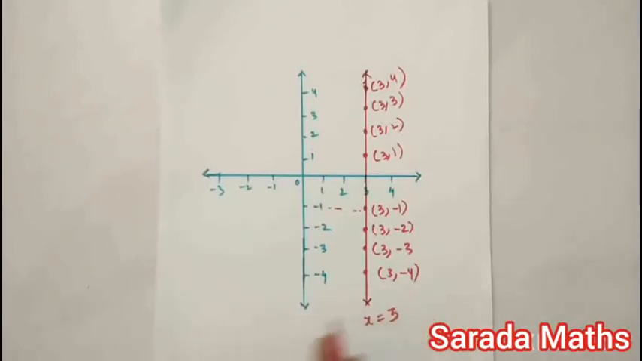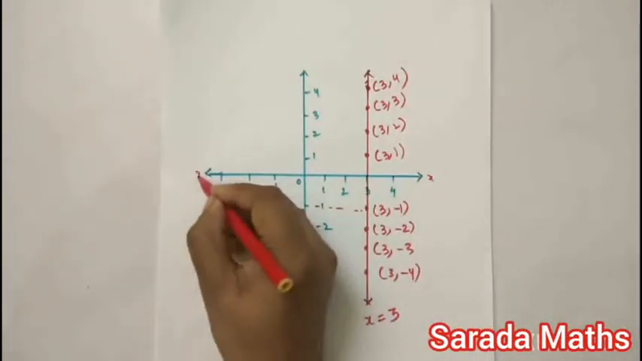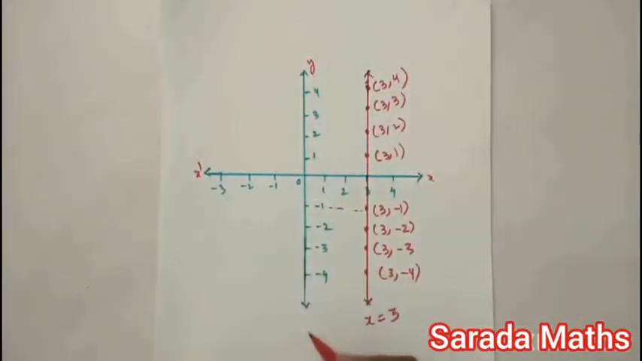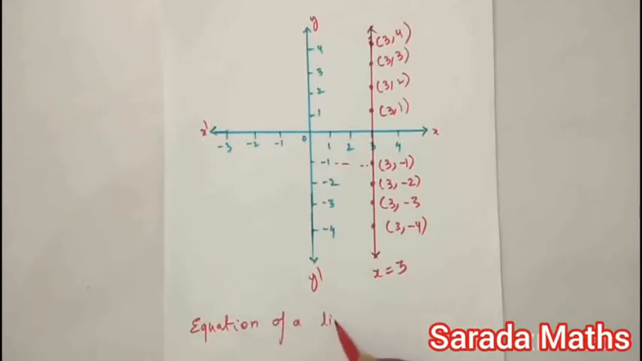And this line is parallel to the y-axis, is it not? This is the x-axis and this is the y-axis. So this line is parallel to the y-axis. So for any line parallel to the y-axis, the equation of a line parallel to the y-axis will be